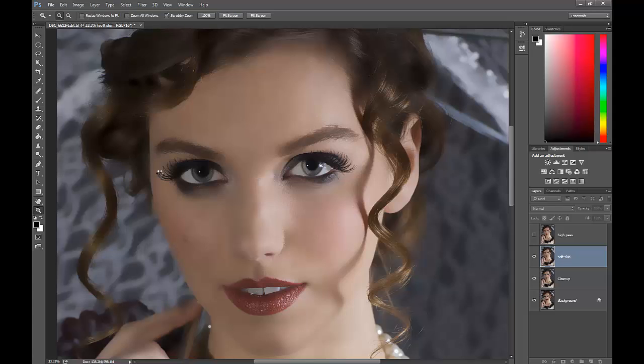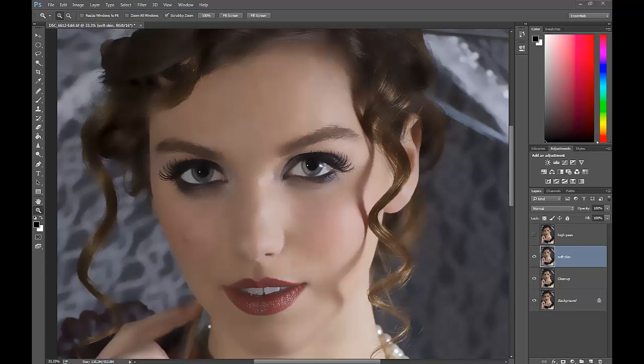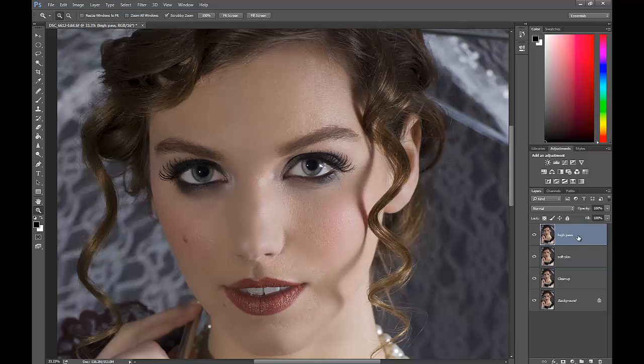The drawback to surface blur is that it's very CPU intensive. It can take several minutes to apply. The higher the threshold, the longer it will take. While this is rendering, I'm going to hit pause and I'll be back shortly. Alright, now that's done, I'm going to go back and turn the high pass filter layer on and select it